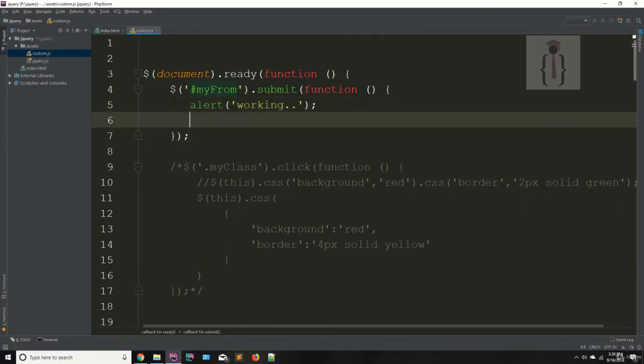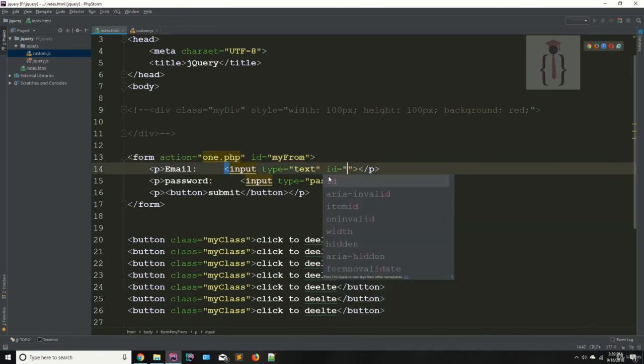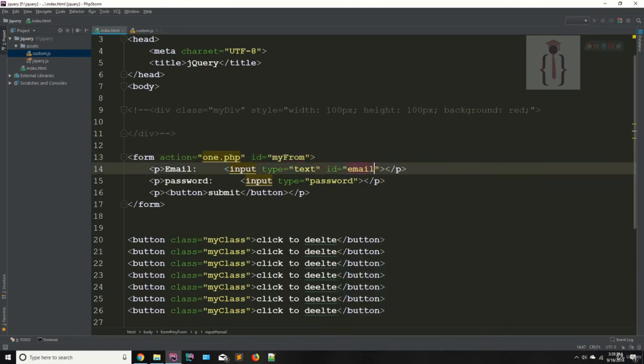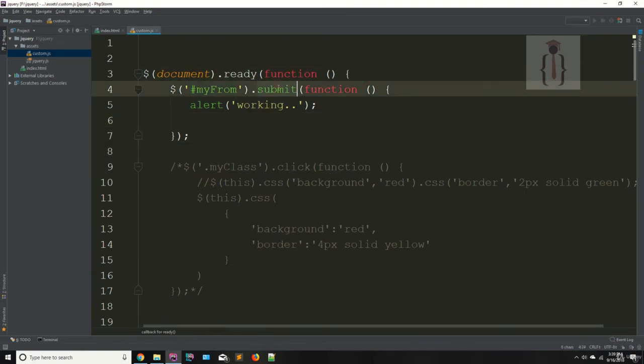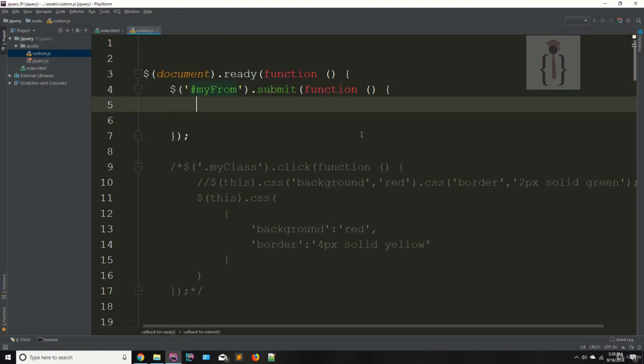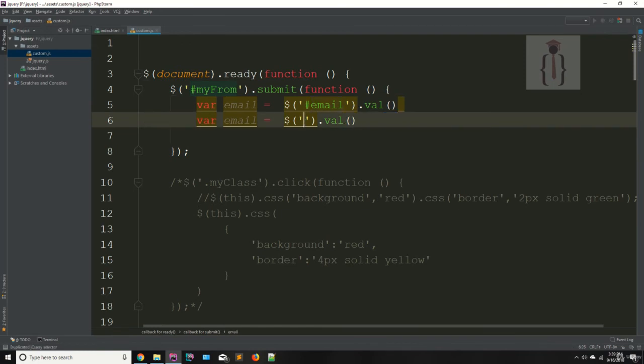If you are not familiar with it, we will discuss how you can get the inputs and how you can get the values. I'm saying this is the email, make sure this is the class, email ID, and this is the ID, which is the password. I'm just showing you how the submit selector works or how the submit method works. Okay, so now I'm saying email, I'm assigning the value, I'm saying email dot val. If you are not familiar with val, just ignore this, we will discuss it in later lectures, but for now it's email. I'm saying this is the password,